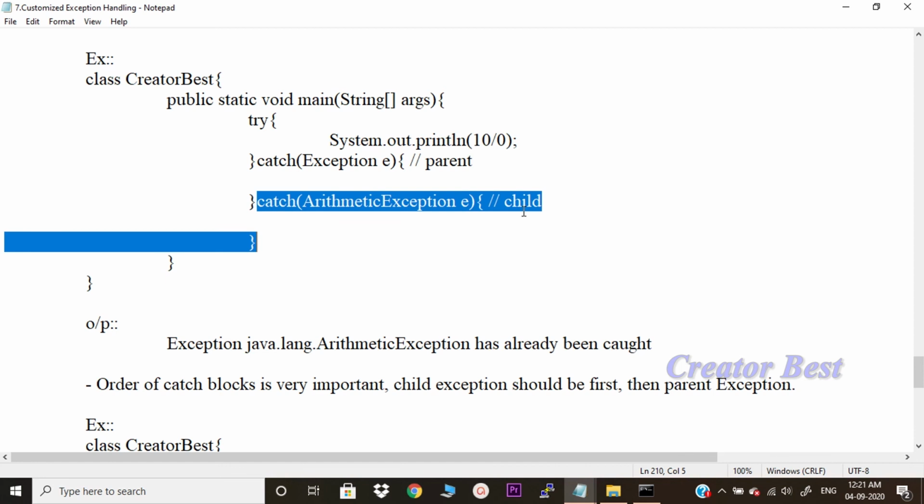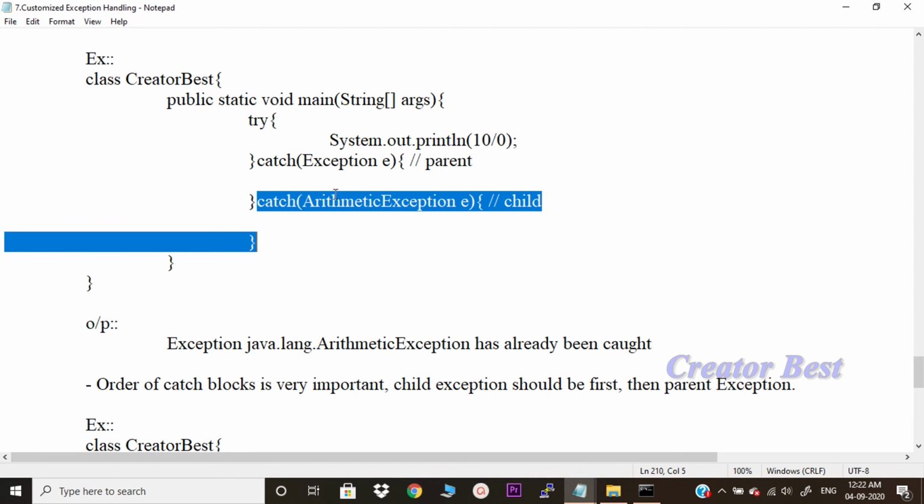This is not the way of writing the program, right? We should not write the parent class catch block first and then the child exception class next. This is not the best way of writing. It causes an error saying exception has already been caught. So, order of the catch blocks is also very important.